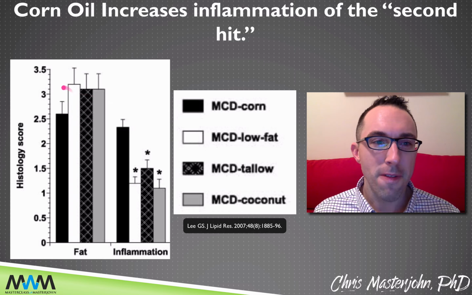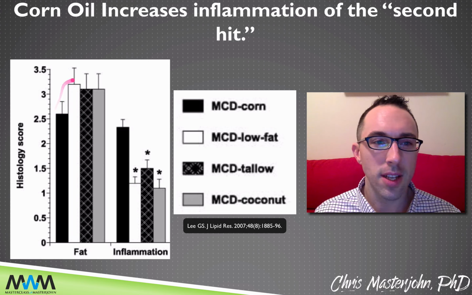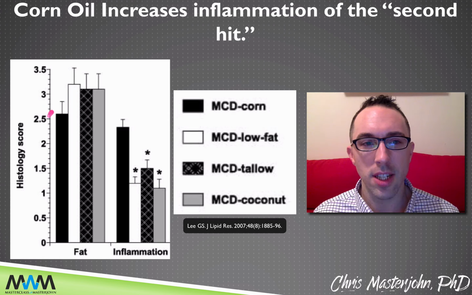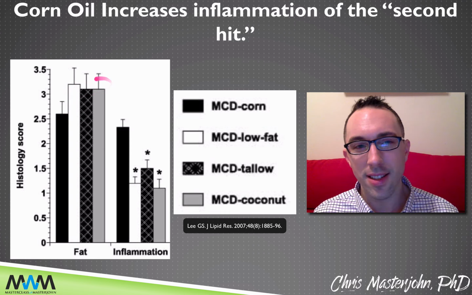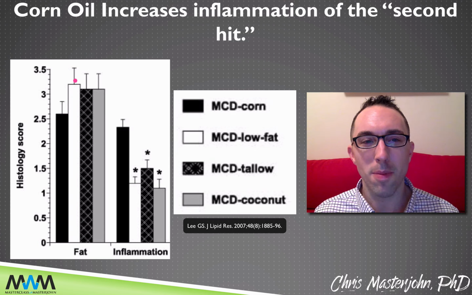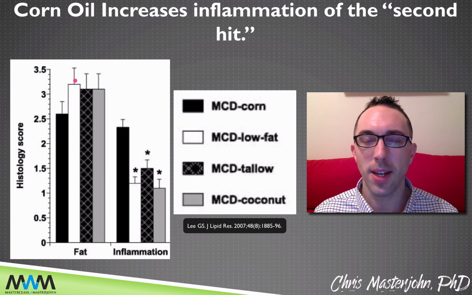And if you look at fat accumulation in the liver, there's no statistical difference between any of the diets. They don't show the control here, so this is each of the 4 versions of the MCD diet. In fact, the fat is a tiny bit higher in the animals that were better off. So clearly, none of this is being mediated by changes in the fat content of the liver.